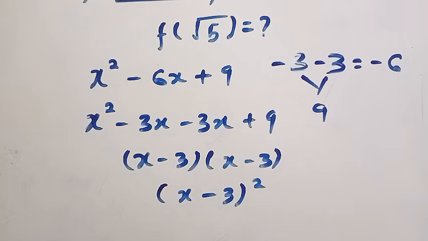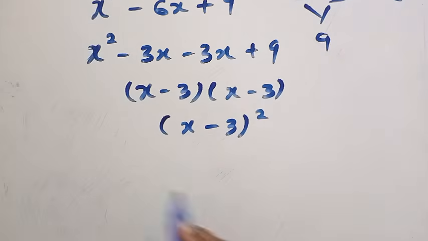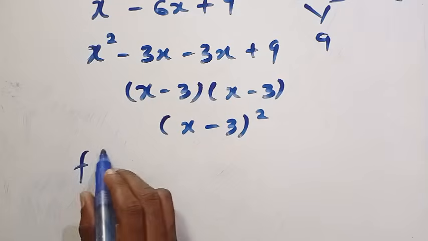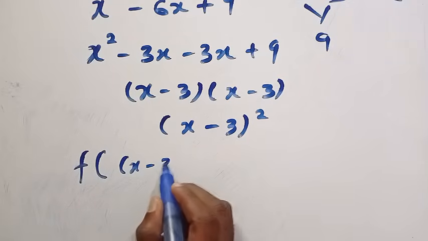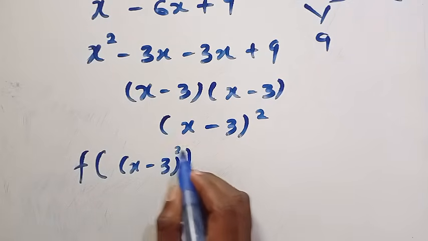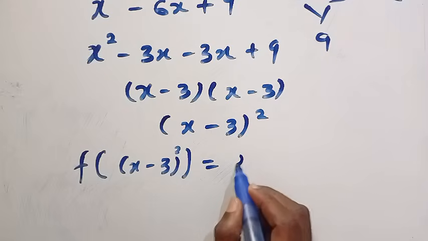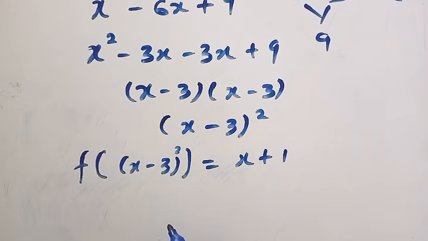We are not finding anything here. We just try to understand the domain of this function. Let's try and replace it. Here we have f of x minus 3 all squared equals x plus 1. So we can't get f of root 5 directly until we get f of x,